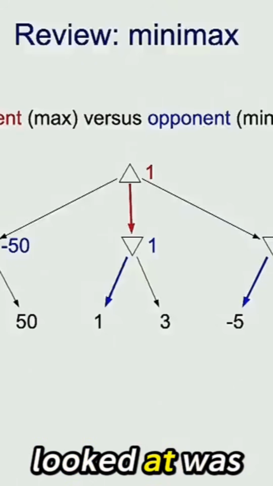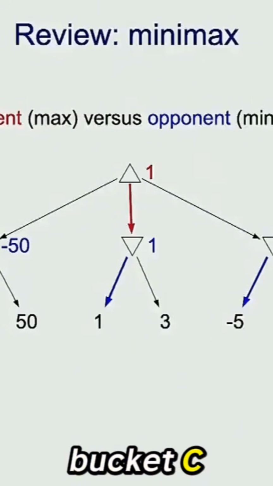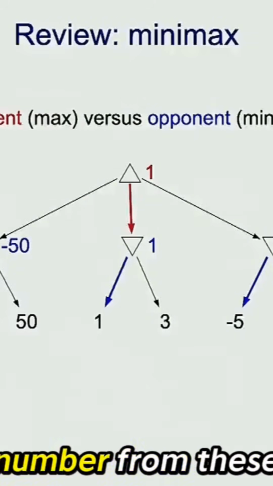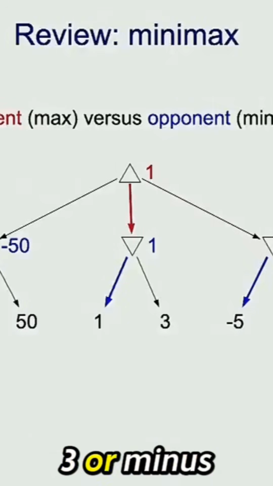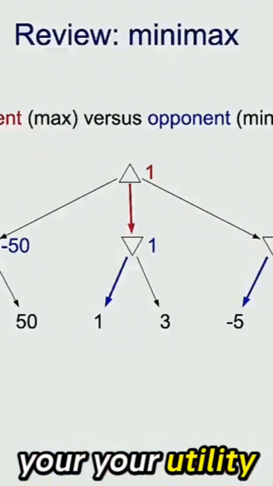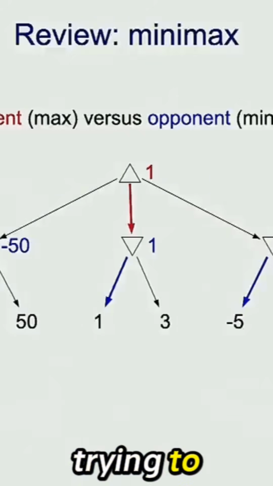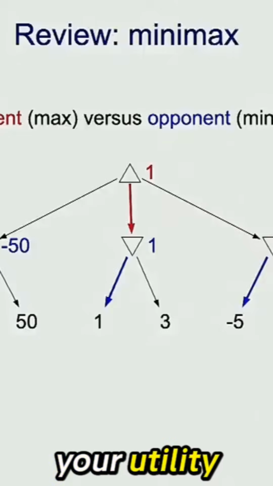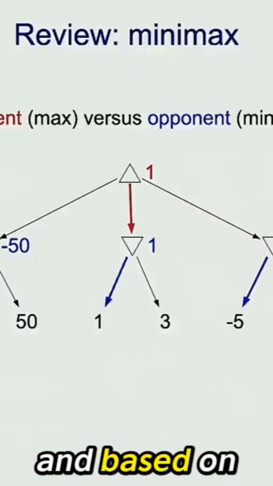The example we looked at was the agent is going to pick bucket A, bucket B, or bucket C, and then the opponent is going to pick a number from these buckets. They can either pick minus 50 or 50, 1 or 3, or minus 5 or 15. And then if you want to maximize your utility as an agent, then you can potentially think that your opponent is trying to minimize your utility, and you can have this minimax game kind of playing against each other. And based on that,